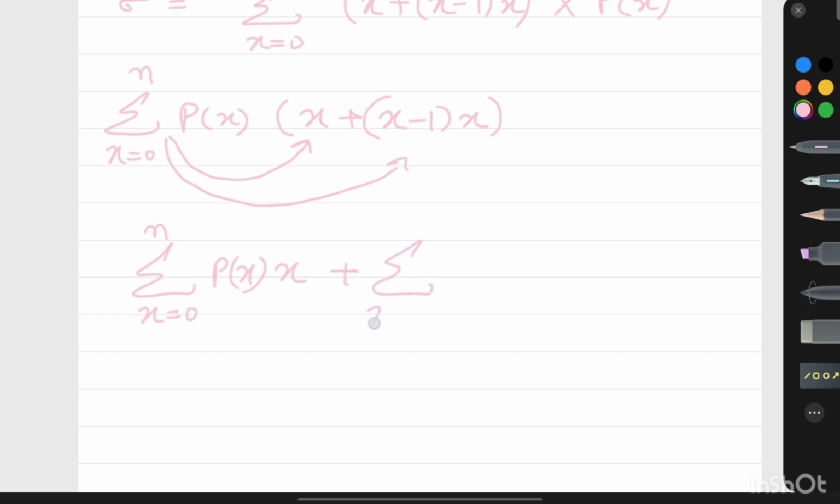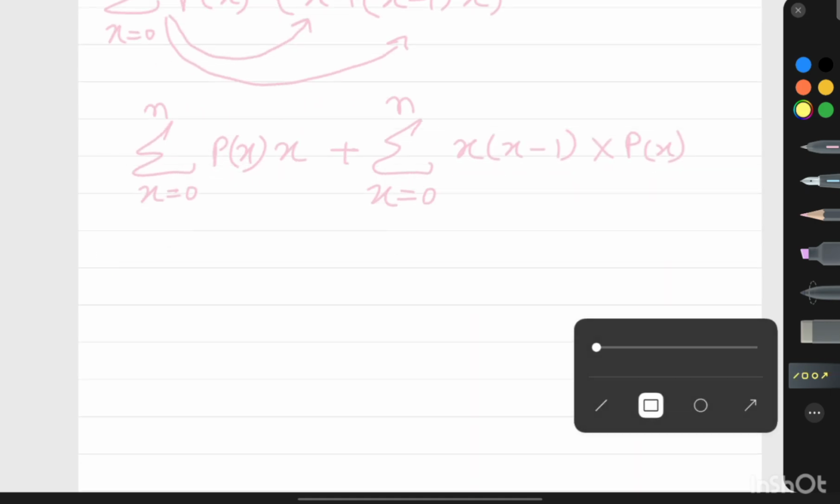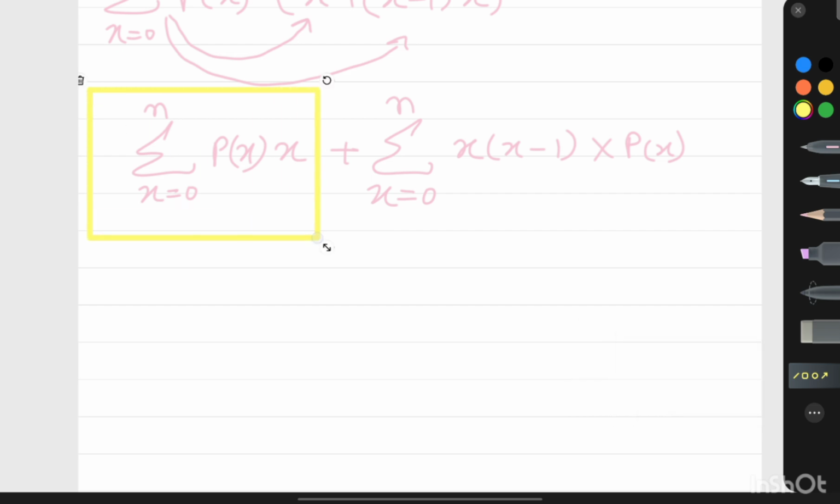Then we will put the limit again because we are multiplying the same thing inside. So x minus 1 into px. Okay, so you just now know the value of this because just now we have derived. ये जो होता है ये मीन होता है. बेसिकली आपको पता ही होगा फार्मूला. मीन का जो फार्मूला होता है वो होता है बाइनोमियल के लिए x इज 0 से n x इंटू पी x. यहाँ पर x इंटू पी x, अगर पी x की वैल्यू सब्सटीट्यूट कर दोगे जो मैंने ऊपर बताई तो आपका मीन आ जाएगा, राइट? तो आप डायरेक्टली यहाँ पर यूज़ कर सकते हो दैट दिस पार्ट विच आई हैव हाईलाइटेड is n and